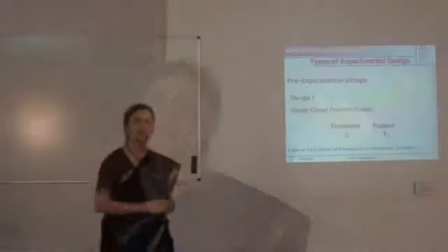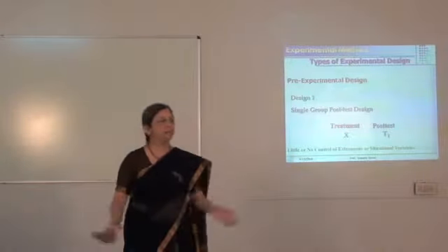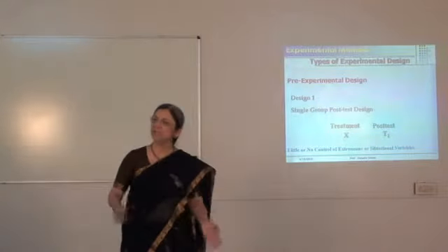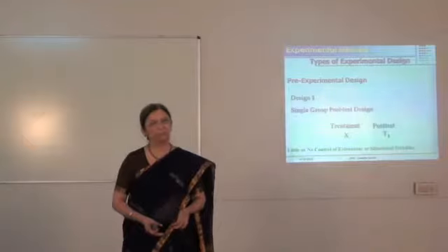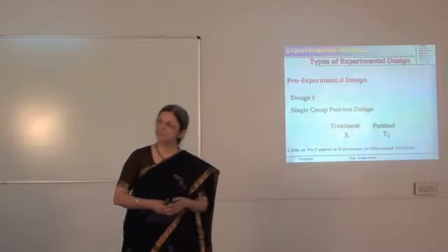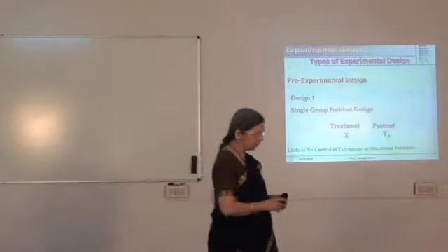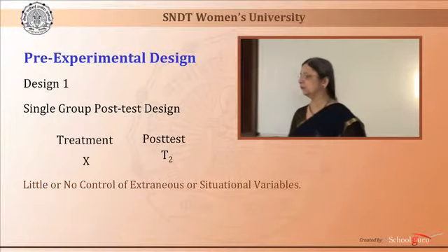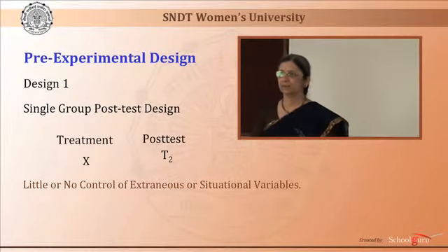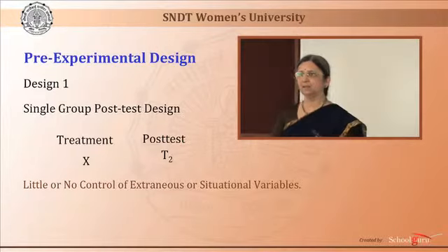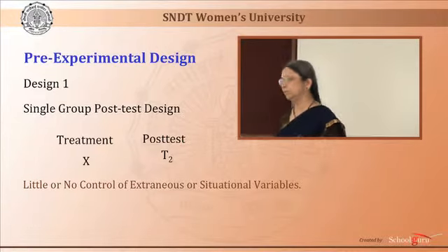Now, how would you rate this? What control? Now you see the threats: internal validity threat, external validity threat. What we said there? We have to randomly select both the groups. Basically, there are no 2 groups, only one group. So how can you compare? Isn't it? There is nothing to compare. So there is no control on extraneous or situational variables at all. Same group, one teacher is teaching, whatever treatment you are giving to the same group. Now,